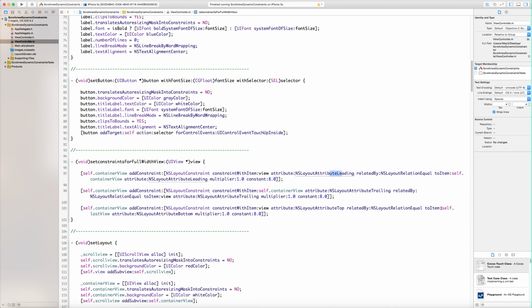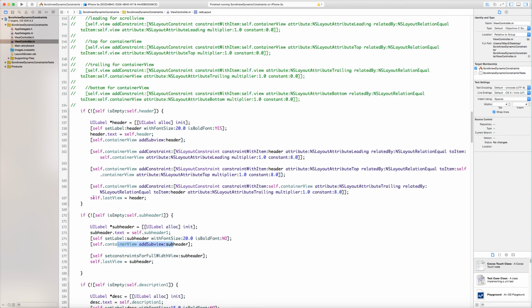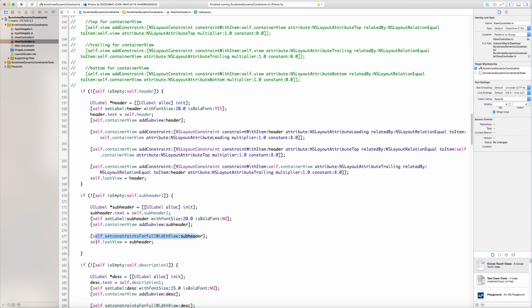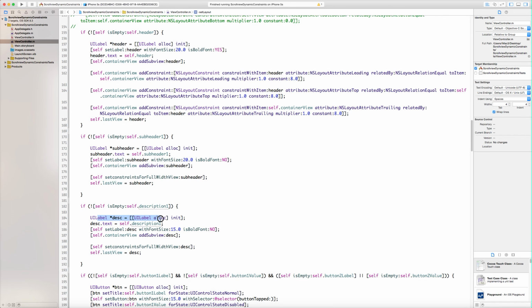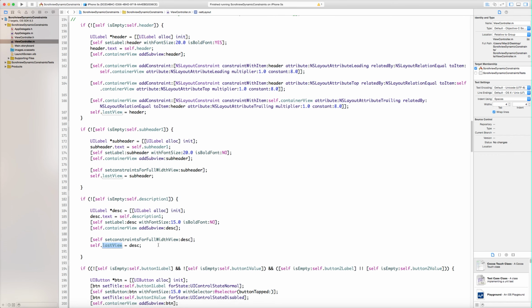Okay, the top constraint is given to the last view, whether it is a button or label, whatever it is. So now our last view is this label, the title label. I have assigned the header view as the last view, then given the constraint to the subheader, and now our last view is the subheader. Then again I have checked whether the description is empty or not. If not, then in the same way it will be configured and set in the container view, and then it will become our